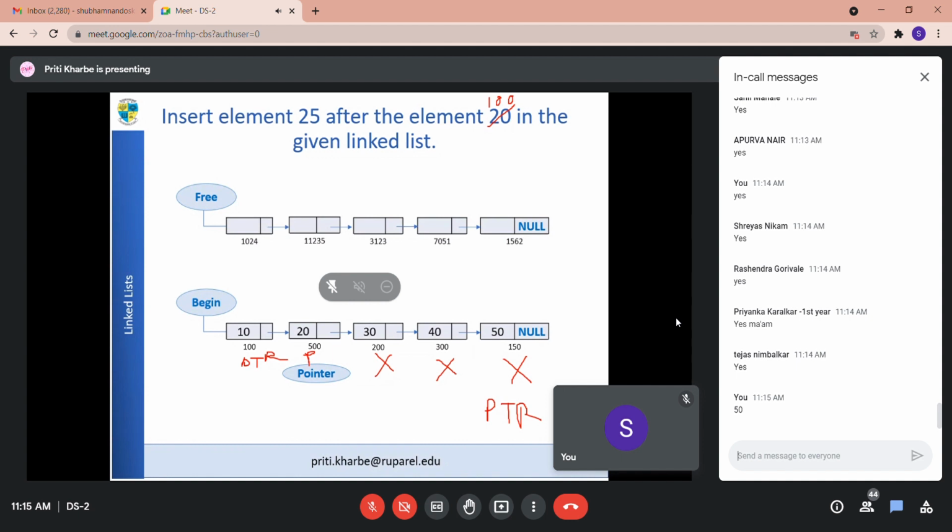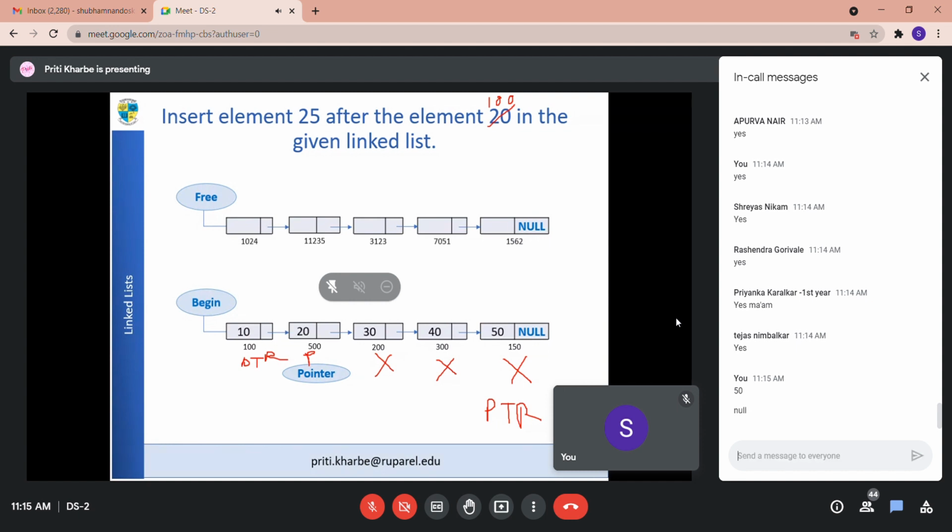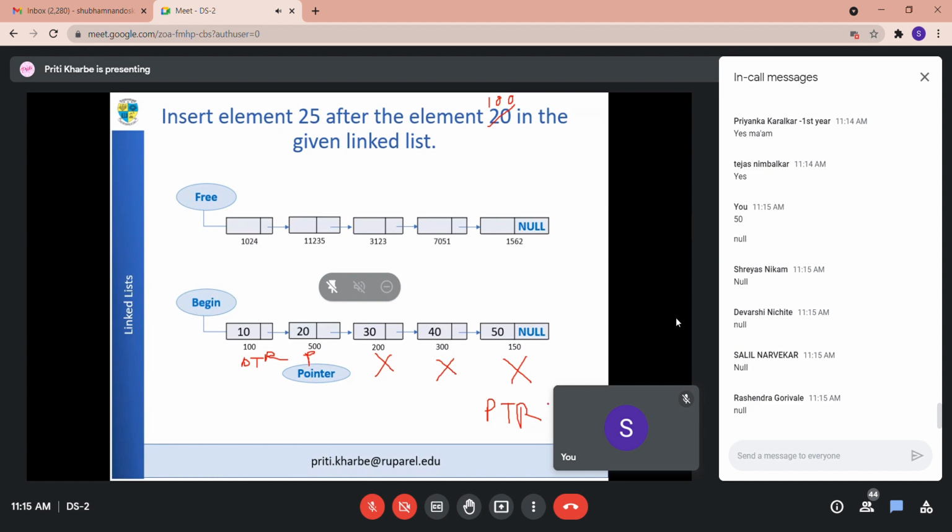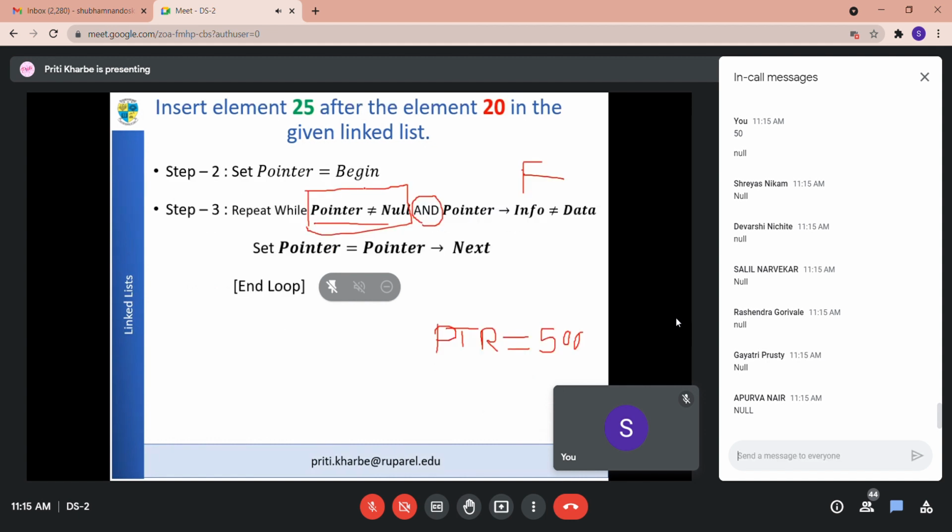What will be the value of pointer? What next address will come? I have already reached the last node, right? So my pointer became null, isn't it? So when your pointer is null, this condition fails, right? This is true, but this is failed. That means you have reached the end and still you are searching for 20 only. That means the element is not present in the list.